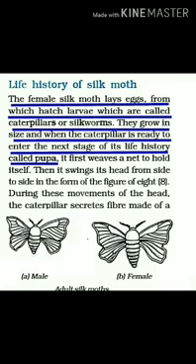Let us talk about the life cycle or life history of silk moth. The very first stage of silk moth starts with the laying eggs. The female silk moth lays eggs from which larvae hatch in the second stage, and these larvae grow in size in the form of caterpillars or silkworms. When these caterpillars or silkworms grow in size, they enter the next stage of life, which is the third stage and is called pupa.